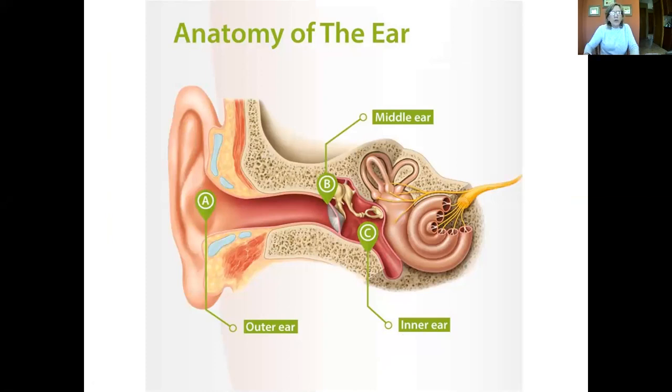The sounds go through the canal to this part of the ear, which is called the middle ear. And here you will find your eardrum. And when the sound gets to your eardrum, it causes your eardrum to move. And then there are some little bones on the other side of your eardrum. They move and they send messages through your inner ear. And those messages then travel to your brain, and your brain tells you what you hear. Do you remember all of that? All right.